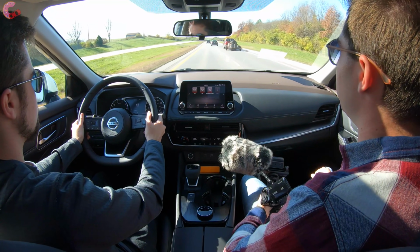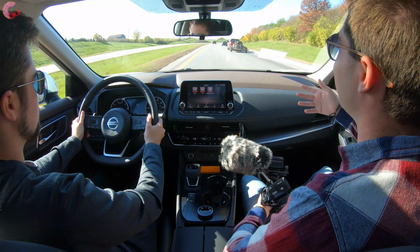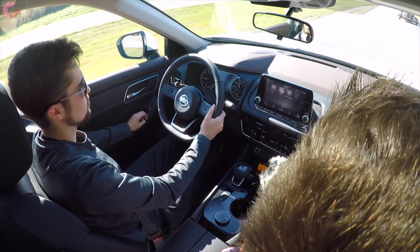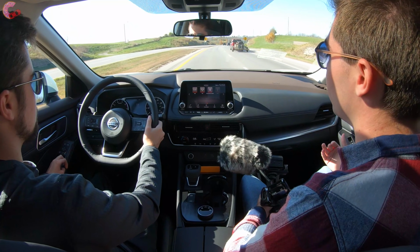But now that we're up to speed here, I do want to talk about what this Rogue does best, which would just be family cruising down a highway like this. Now, of course, Nissan has done a really good job here. What I'm noticing as far as the ride quality is that the ride quality is very good,